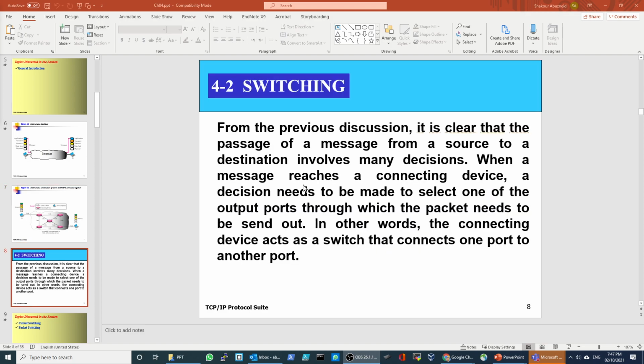When a message reaches a connecting device, a decision needs to be made to select one of the output ports through which the packet needs to be sent out. In other words, the connecting device acts as a switch that connects one port to another port.